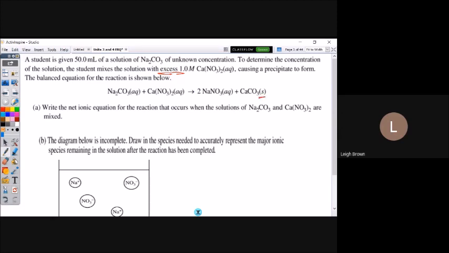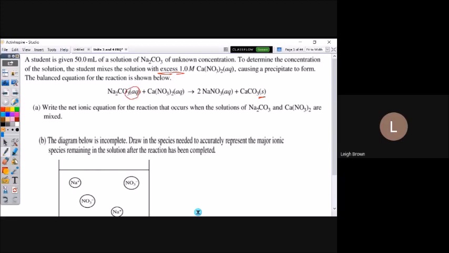There's our balanced equation. A, write the net ionic equation for the reaction that occurs when the solutions are mixed. I don't think there's a question that you're going to have to write some kind of reaction on this test. It could be this, maybe this kind of precipitation. It might be acid-base. We'll talk about that later, or redox. But let's just go over the basics here.